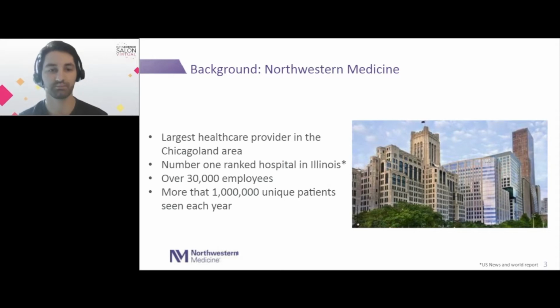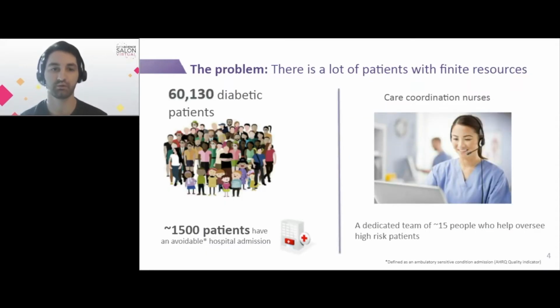So let's get into the problem. The problem that the rest of this talk will be addressing is that there's a lot of patients with finite resources. One of the problems we have at Northwestern Medicine is we provide care for about 60,000 diabetic patients. And of those 60,000 diabetic patients, about 1,500 of them have an avoidable hospital admission every single year. So this just means that